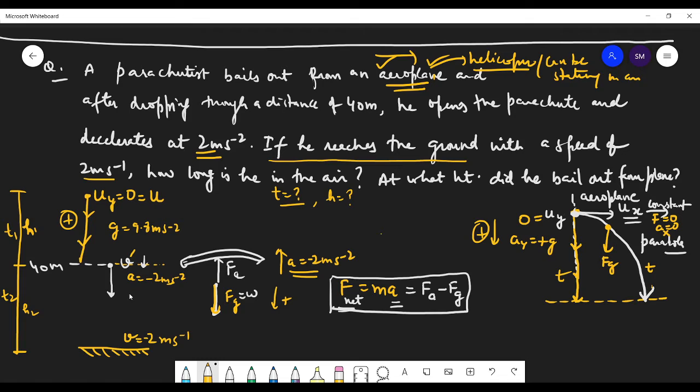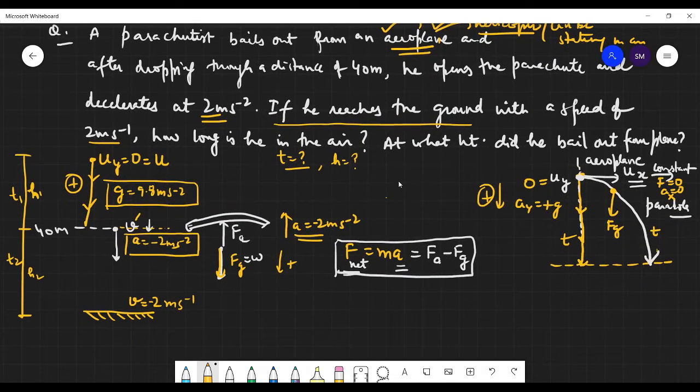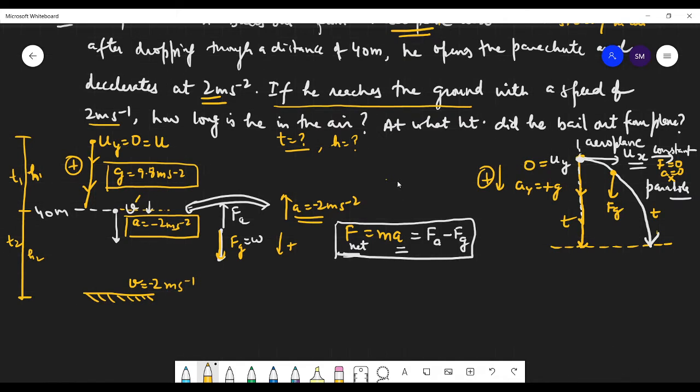Have you understood why separate equations, students? Because those equations are based on constant acceleration, and here your acceleration is changing. Acceleration changing means either the magnitude or the direction changes. In vectors, if either the magnitude or the direction changes, we consider the vector as changing. And this height is already given to us, so h1 we need not calculate. This is already 40 meters.